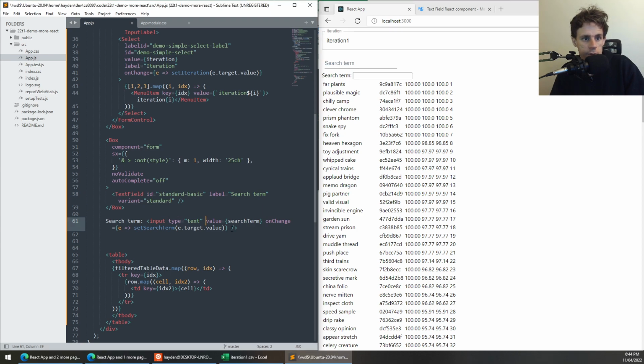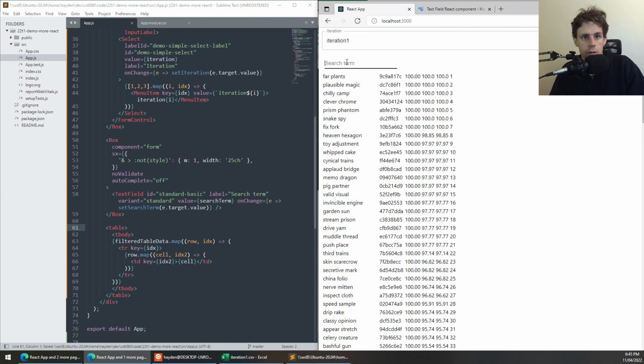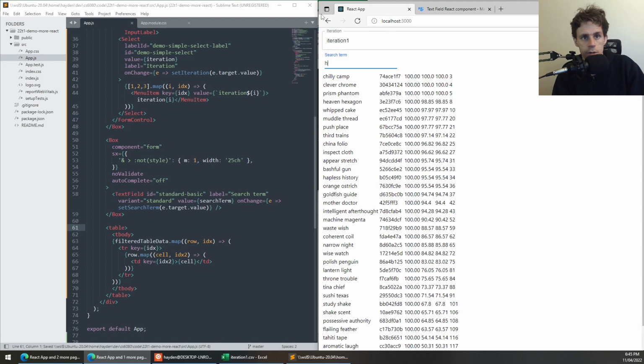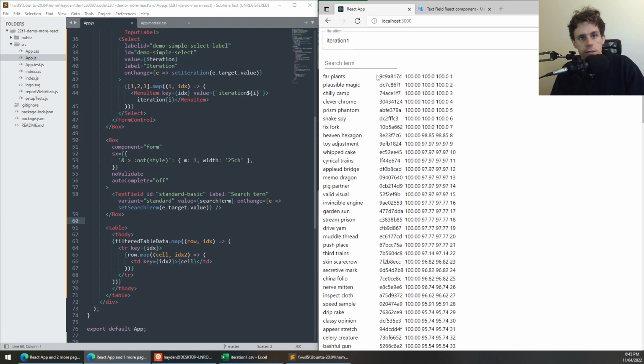So I'm going to add value and onChange. I'm going to add those both to the text field. Okay. Oh, seems to work. Okay, hapless, great. Alright, now this is all good, but the page does seem a little bit